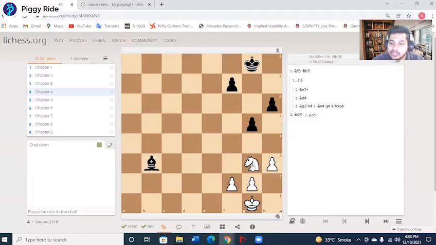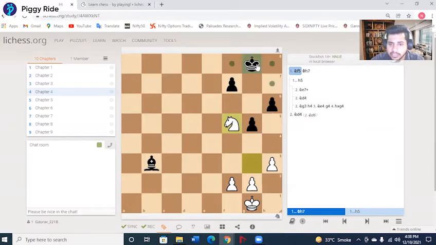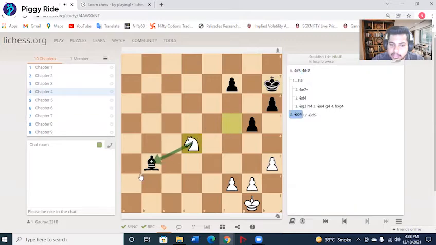So the correct answer would be to attack this pawn. How will we attack? By moving our knight to f5. Got it? Really simple. Now, even if the king tries to protect the pawn, we can still move away and then attack the enemy bishop. Okay. Moving on to the next one.